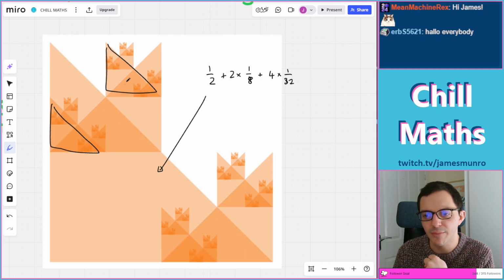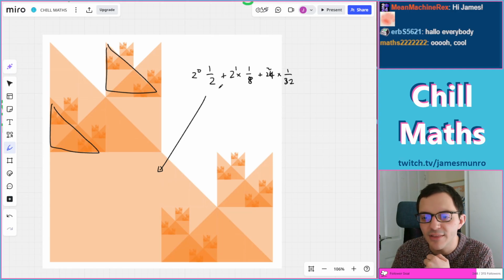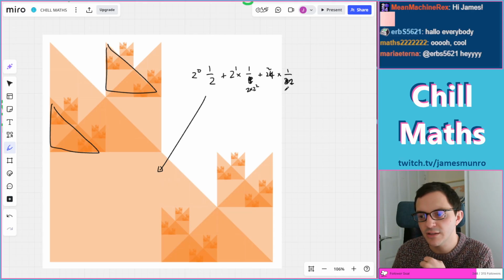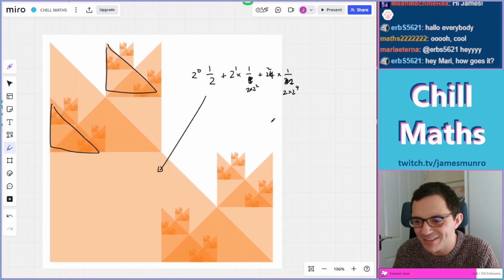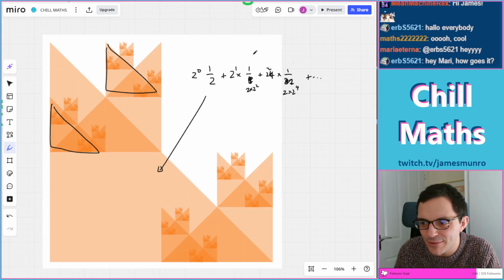So the number of them is 2 to the 0, 2 to the 1, 2 squared, and that continues. And the size of them is 1/2, 1/2, so this is 2 times 2 squared. And this is 2 times 2 to the 4. So my sequence is something like... Sorry, I'm putting loads of powers of 2 in because I think it's a geometric series. So without overlap,